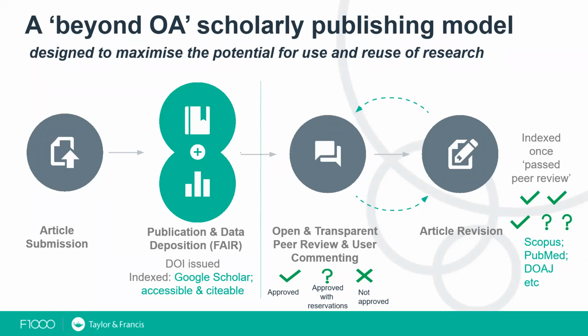And for a paper to be indexed on Scopus, PubMed, and other indexers like DOAJ and so on, the paper needs to have two approved statuses. So two reviewers need to approve, which means two green ticks, or it needs to have one approved and two approved with reservations. So one green tick or two question marks. So this is the minimum criteria for a paper